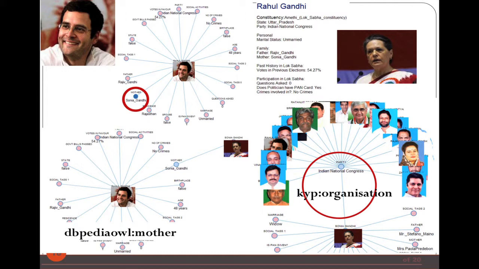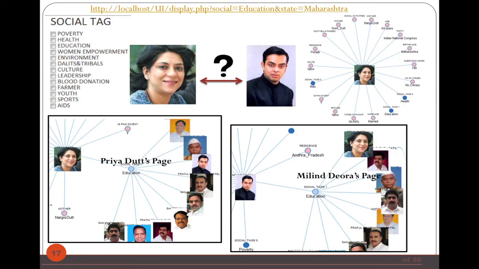Once you've selected which politician you want to look at, you click on the person, and you get a property graph of the person along with the information. From this example, we can see that this politician has a mother, with DBpedia's mother property, who is also into politics. You can see the property graph of this mother, basically relating two politicians based on family history. That's one relation. The second relation is